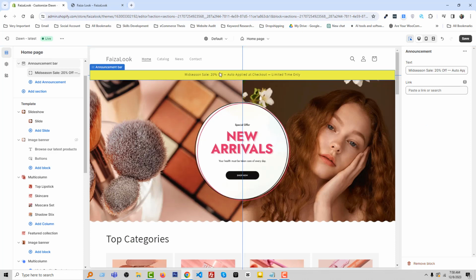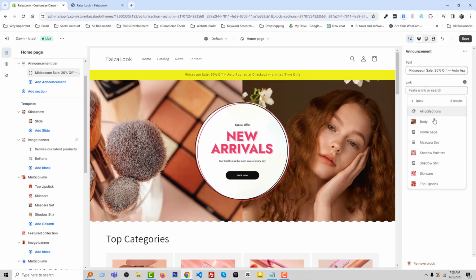Okay, we have changed the text, and we can also add a link on this announcement bar. For example, we want to add a link for our specific collection like baby. Okay,